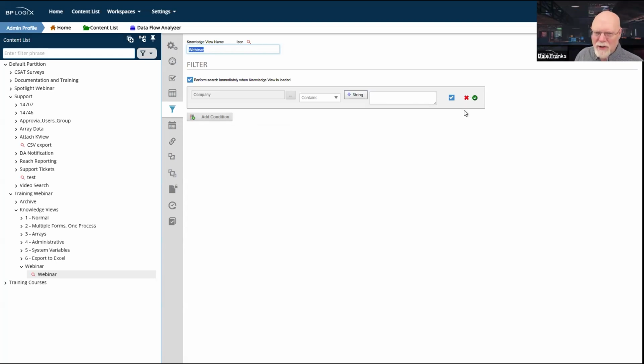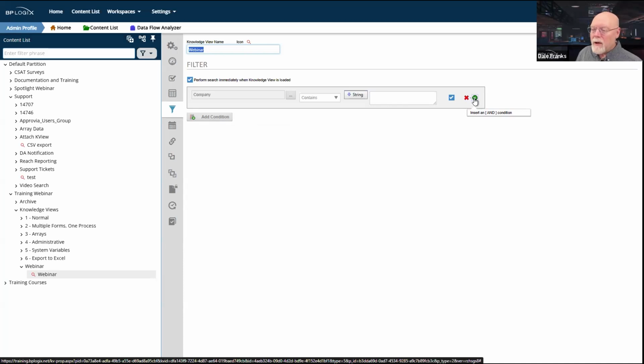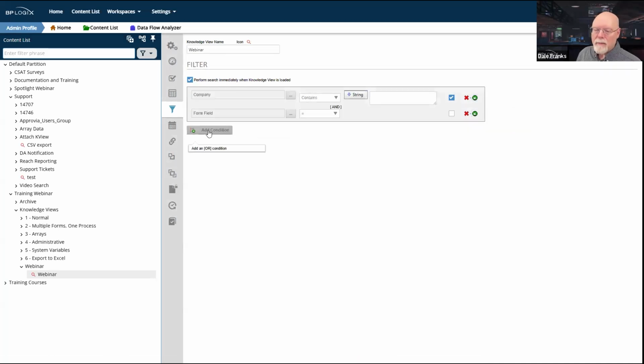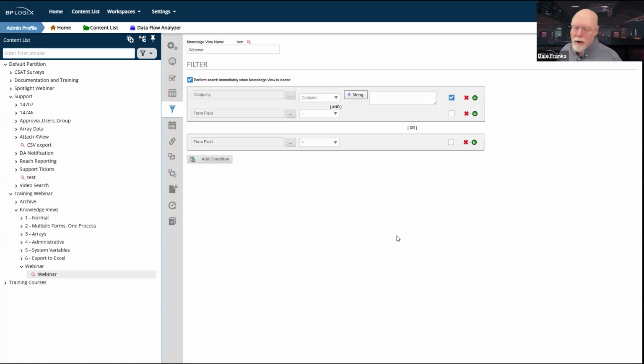This is more of a condition builder thing than a knowledge view thing specifically, but you can add an and condition or you can add or conditions. And I can have a multiplicity of both. So if I was to use this configuration right here with these three filters, it would show me records where either these two conditions were true or this condition was true.